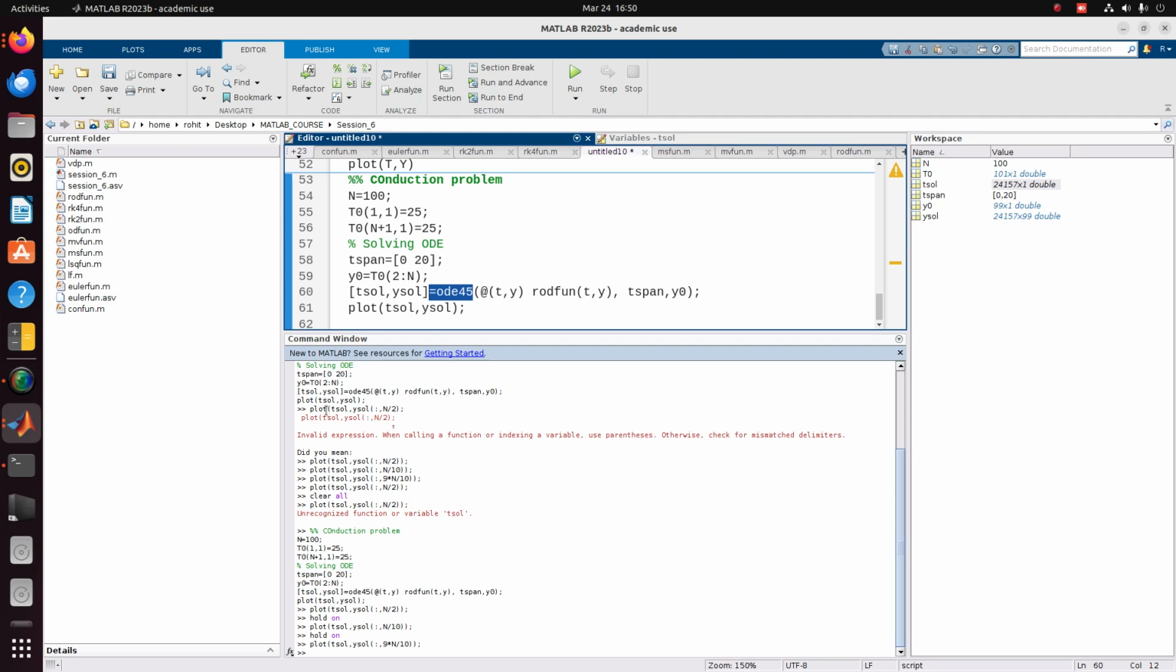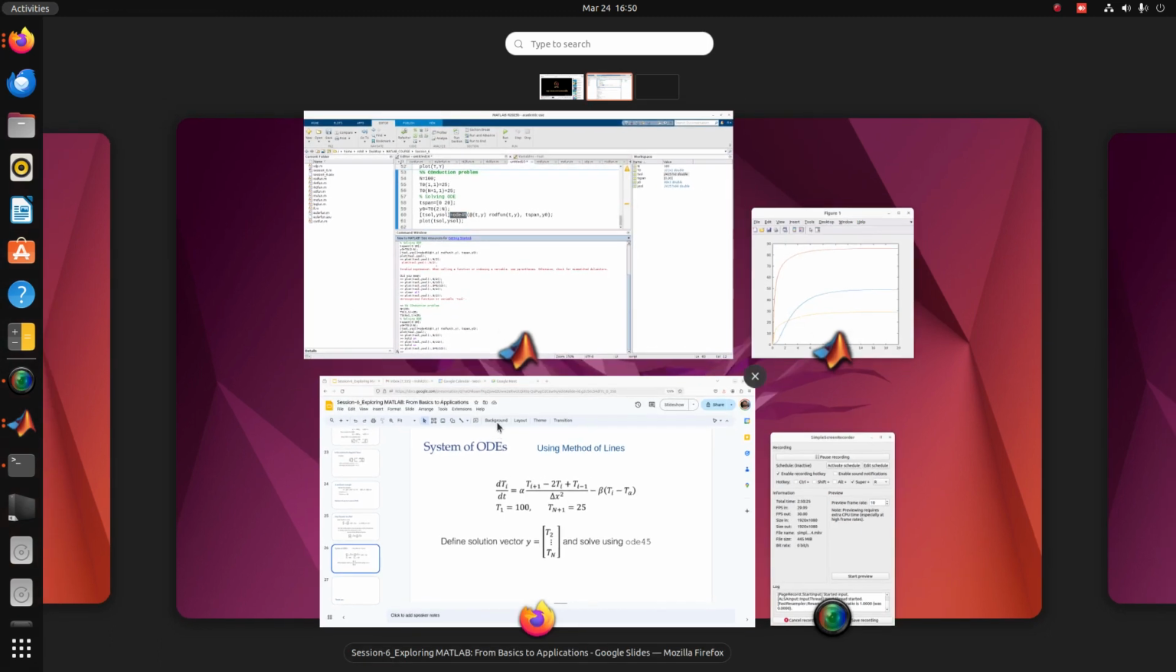But if you know whether it is a stiff equation or not, then you can directly use ode15s. Else you need to first try with ode45 and see if it's converging or not. If it does not converge, then you need to use ode15s to solve the equation. So I'll just